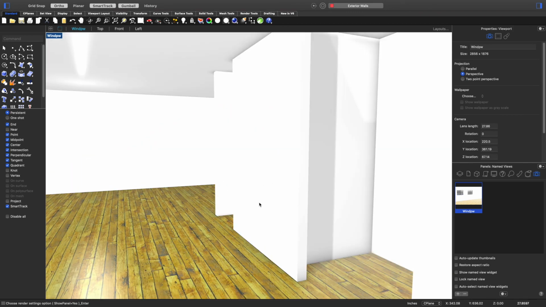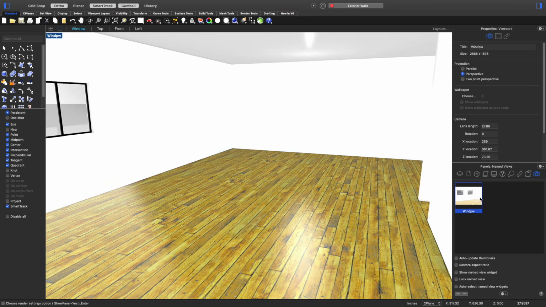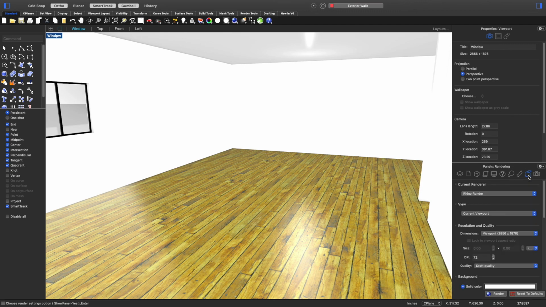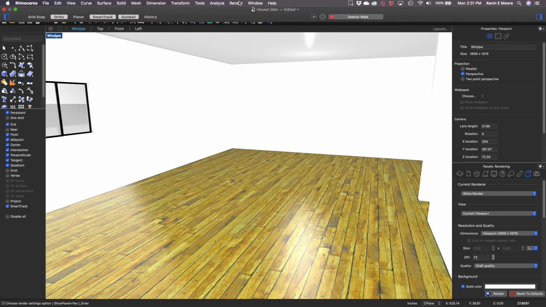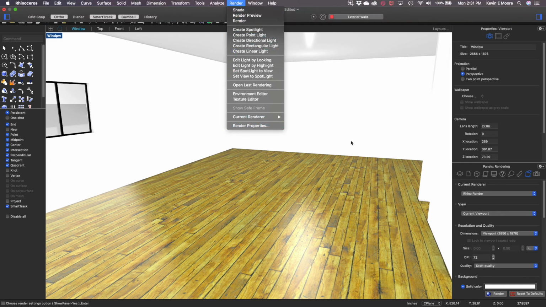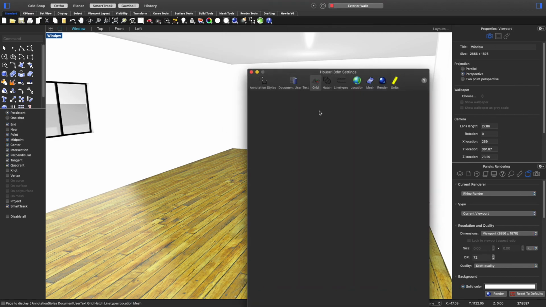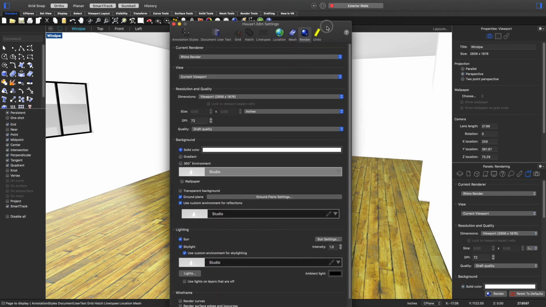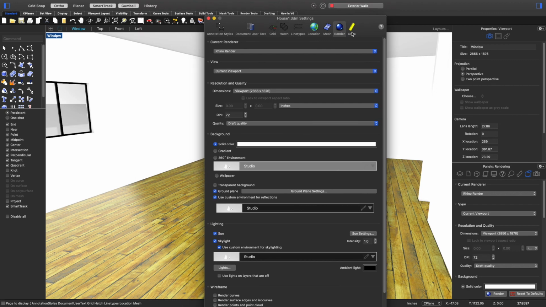So the last step is to change the rendering settings. I've already got my rendering settings pumped up pretty high, but you don't by default. So I'm going to click on this tab here, where there are other places to find it, like under render, go to render properties there, and that'll actually bring up the window. So I'm going to go through this because it is the same as it is on the PC. So I'm going to use Rhino render, current viewport. You can also set that to cameras too,